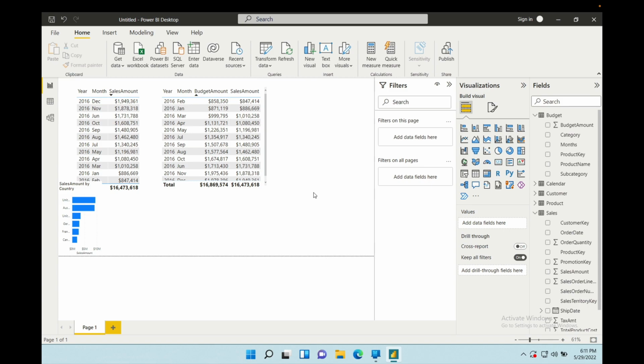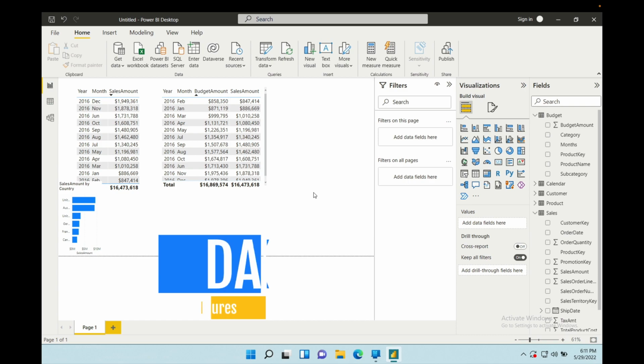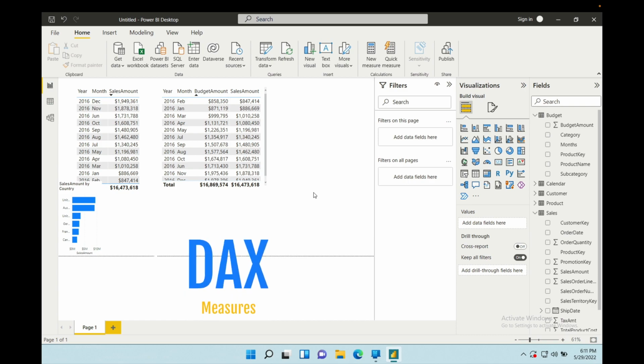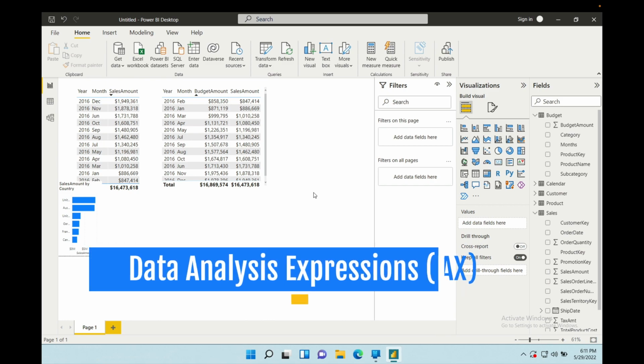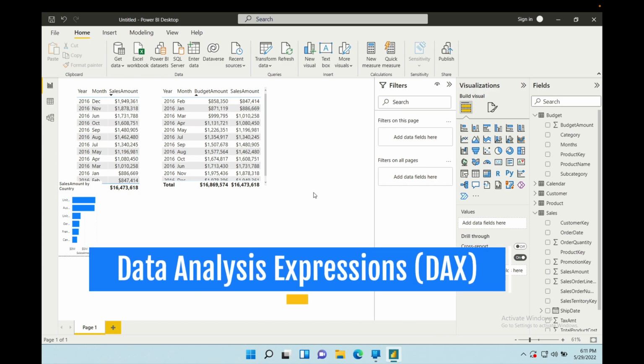All right, welcome back. So we're going to see DAX measures as we mentioned in the previous video, right? DAX actually stands for data analysis expressions, and in fact, it's Power BI's formal language, and it's one of the most incredibly powerful features in Power BI. Okay, and in fact, earlier on we created DAX, but we did not actually give it a name as DAX,